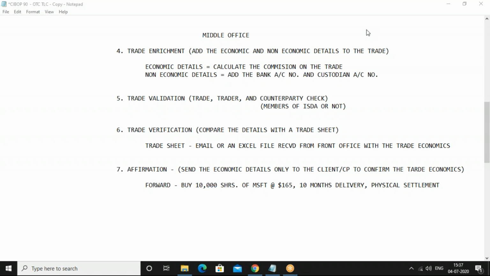Saying that, yes, I agree to the details. Then I can draft what we call an ISDA agreement. Okay, is that clear with everyone? So enrichment, validation, verification, those steps remain the same. But in affirmation, what we're going to do is that